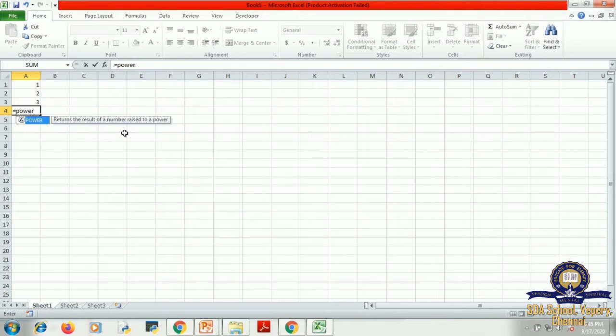It returns the result of a number raised to a power. For example, in mathematics, you will give 2 square, that gives you 4. There, instead of giving the values to the superscript, we are going to give them using a comma. You are going to separate the values using a comma. So, power is written. Now, I am going to give.